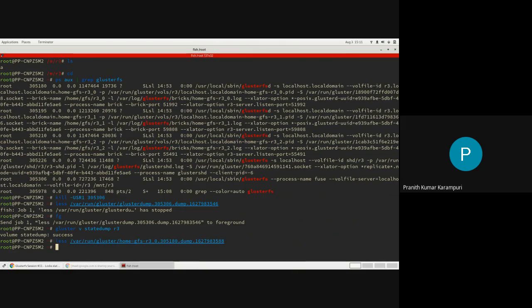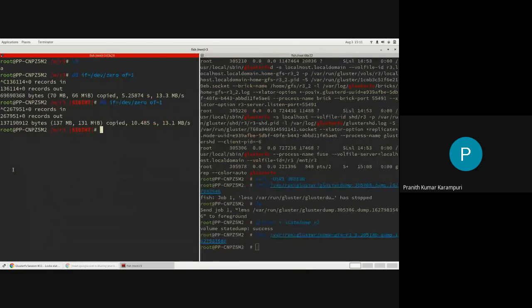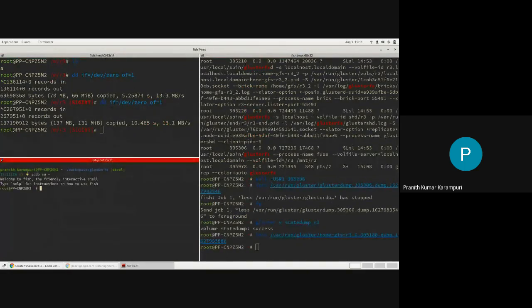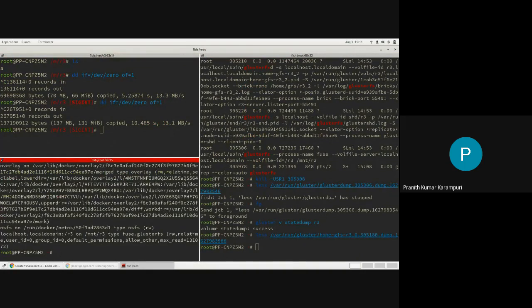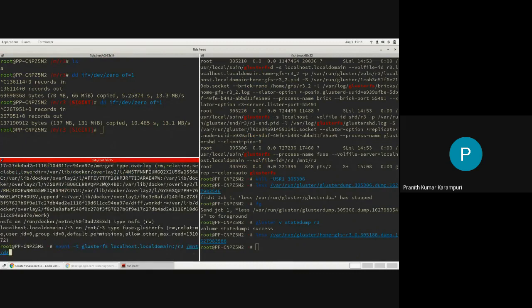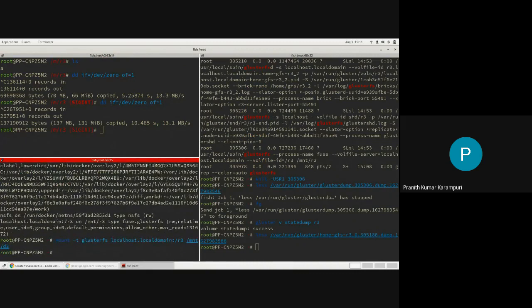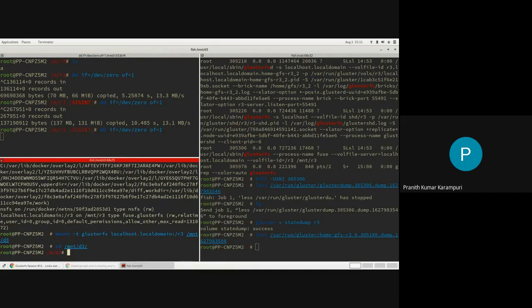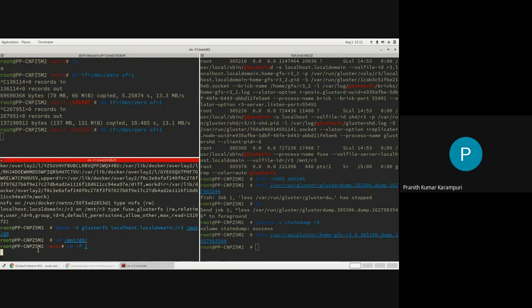Actually, while preparing slides for this, I found one bug. Maybe I can show you that also. Let's do one more mounting also. So now if I go to this D3 and do rm -f, see that this is hanging, right?